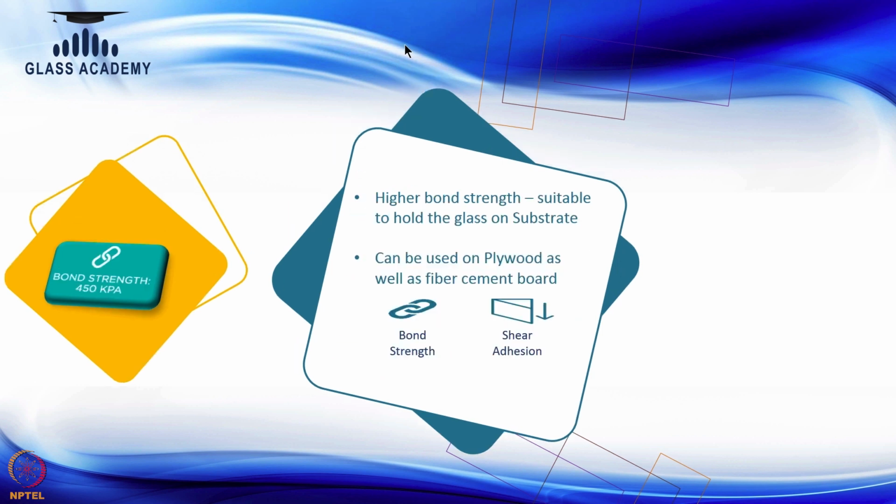Then the second point is bond strength. As we discussed, the higher the bond strength, the longer the life of the glass stability. So, the recommendation here is that the bond strength of this fixing adhesive must be 450 kPa, because the higher the strength, the more properly it will hold the glass, and it can hold higher thickness of glass as well. Mostly glass in this category is used in 4, 6 or maybe 8 mm thickness. So, 450 kPa bond strength is more than enough to hold that much glass thickness.